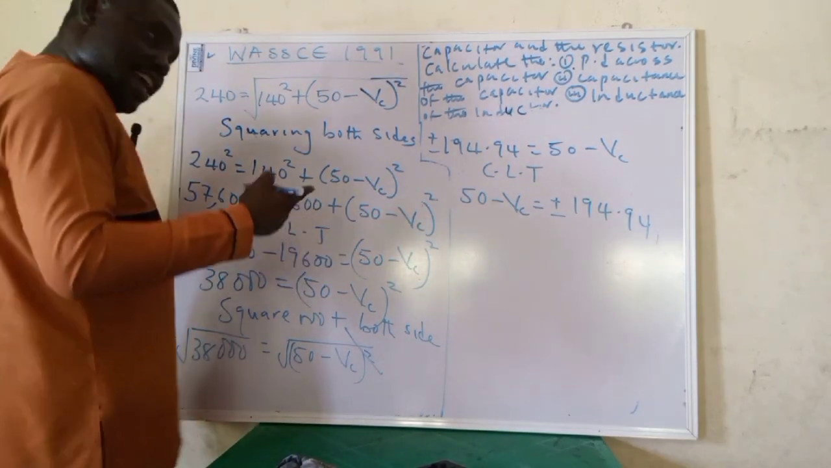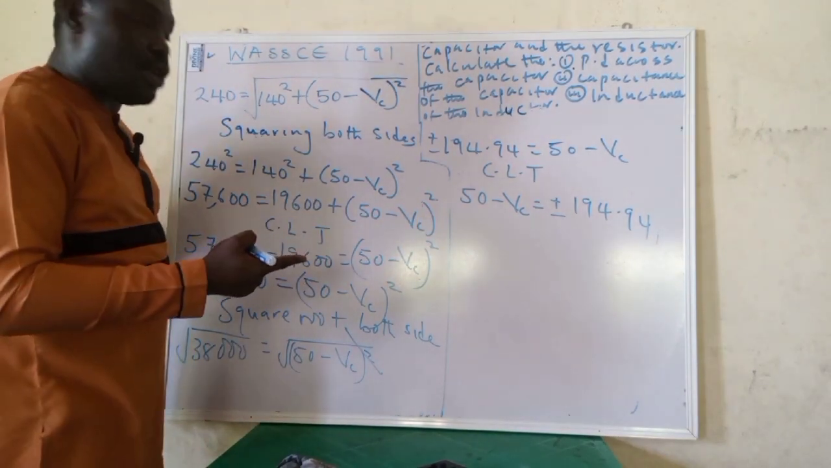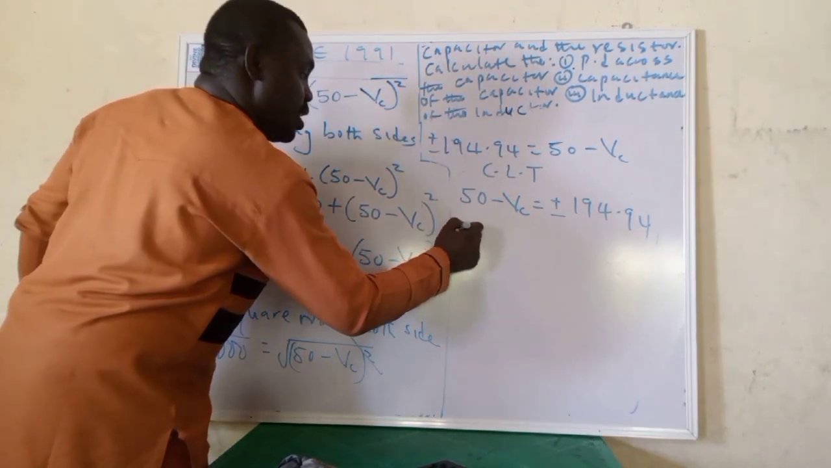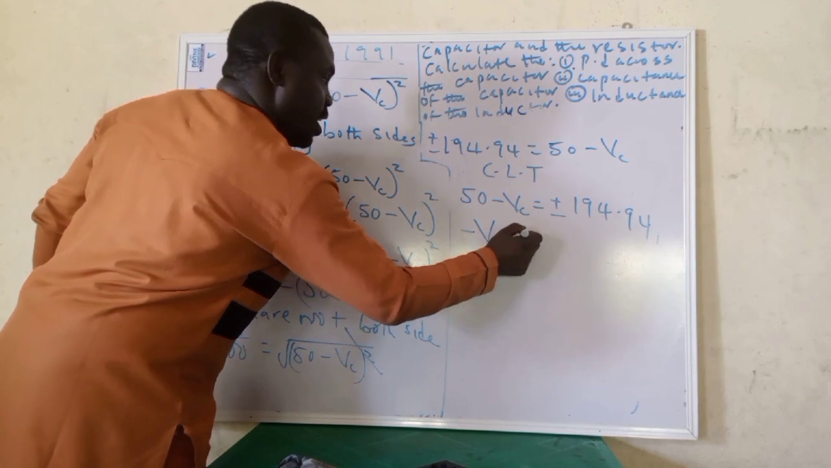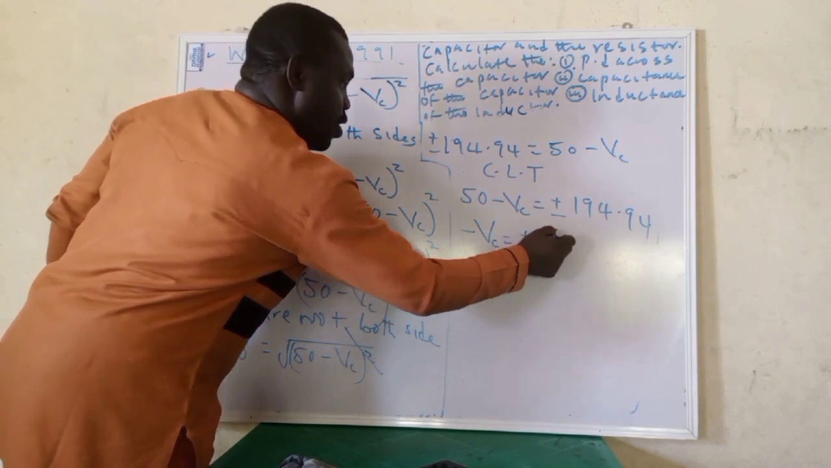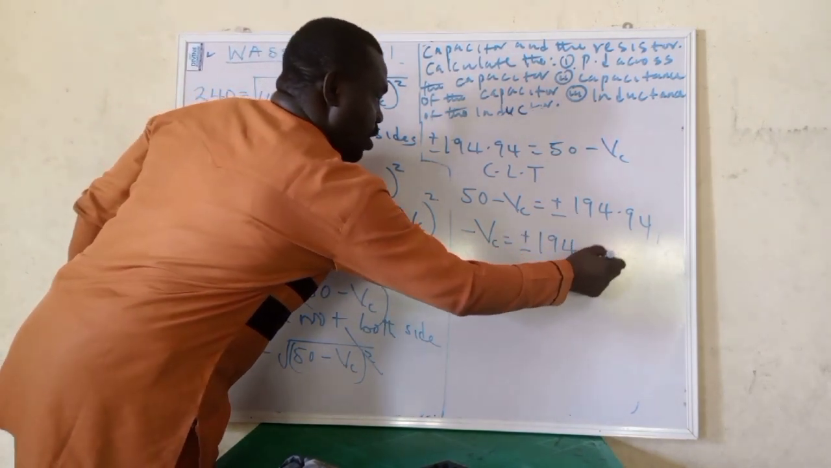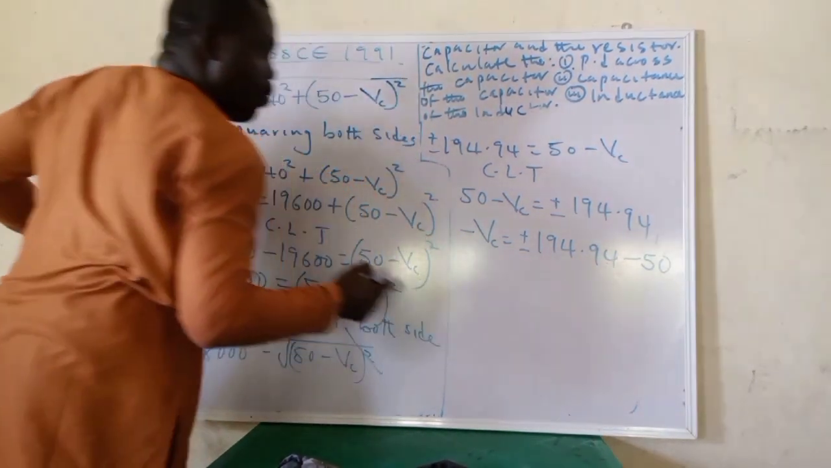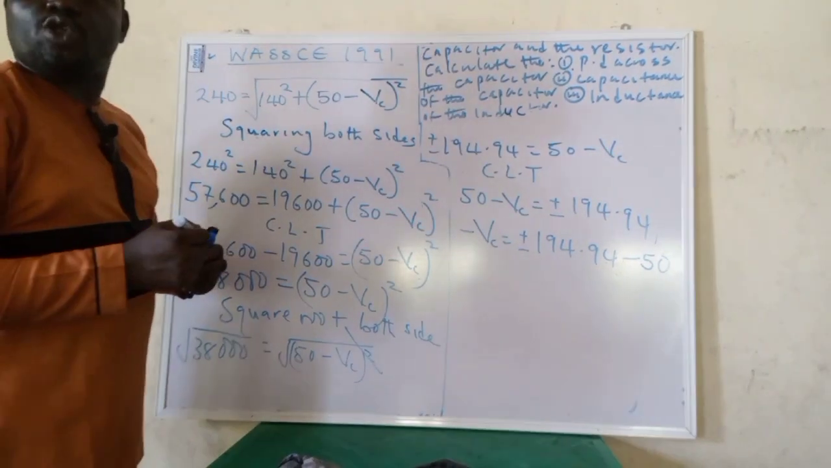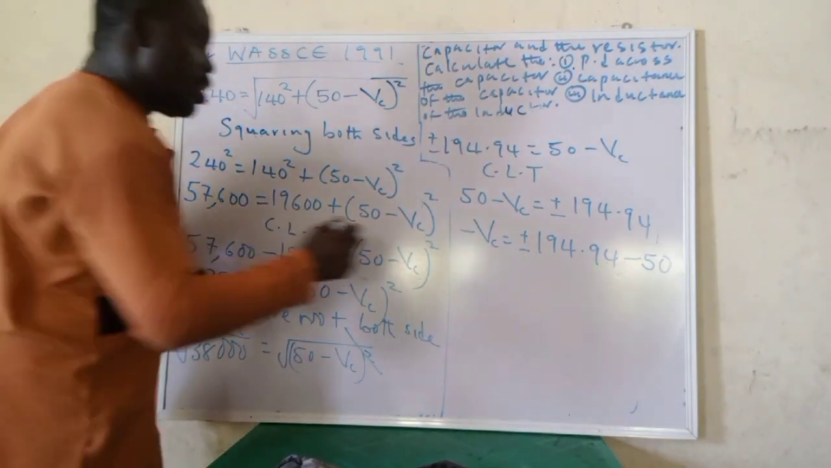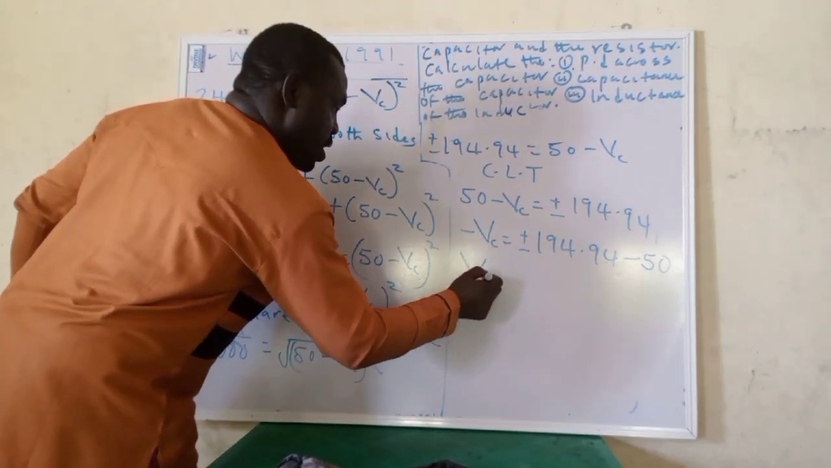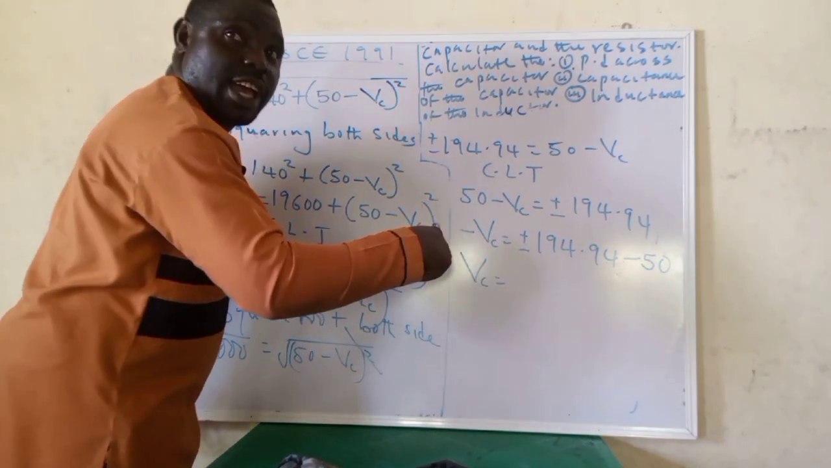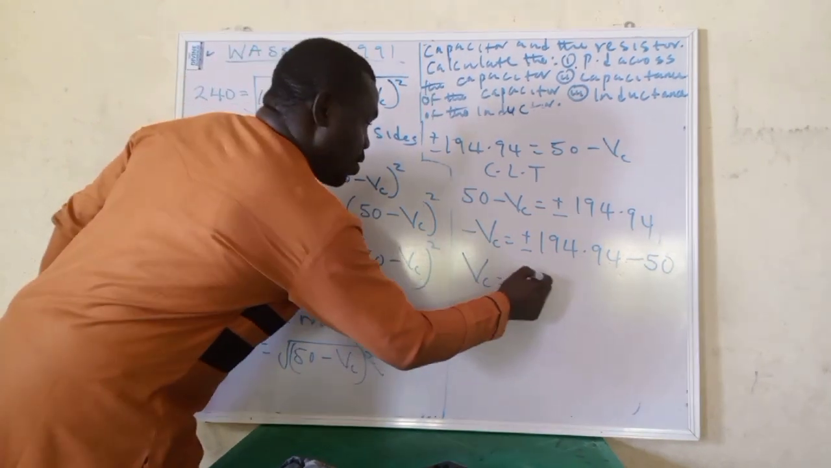I see now. So at the end of the day, what do? And if you take this one this way, watch. Minus VC plus minus 194 minus what? 50. Watch what will happen. Multiply through by what? Minus sign. Watch. So it will be VC. What will happen here again? Plus minus. Are you getting me now? So plus minus